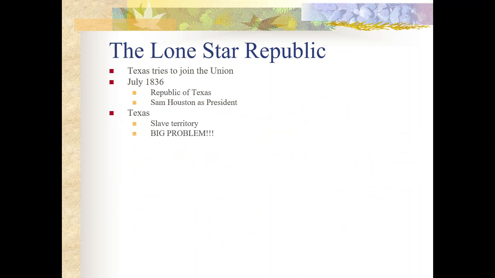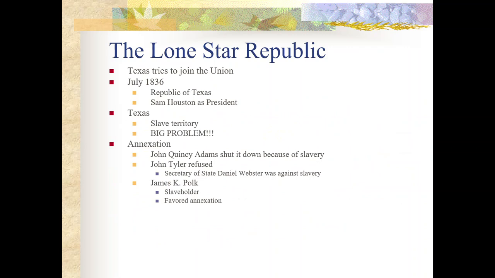The problem with annexation, though, is that it becomes a debate in Congress. The big issue is the fact that the majority of American citizens in Texas own slaves, and this would tip the balance. So this had always been a concern within Congress, to maintain a balance between free and slave states. And so Texas coming in as a slave territory would tip that balance in favor of the institution of slavery, and the slave states would have the advantage in Congress. And so this is going to be a heated debate.